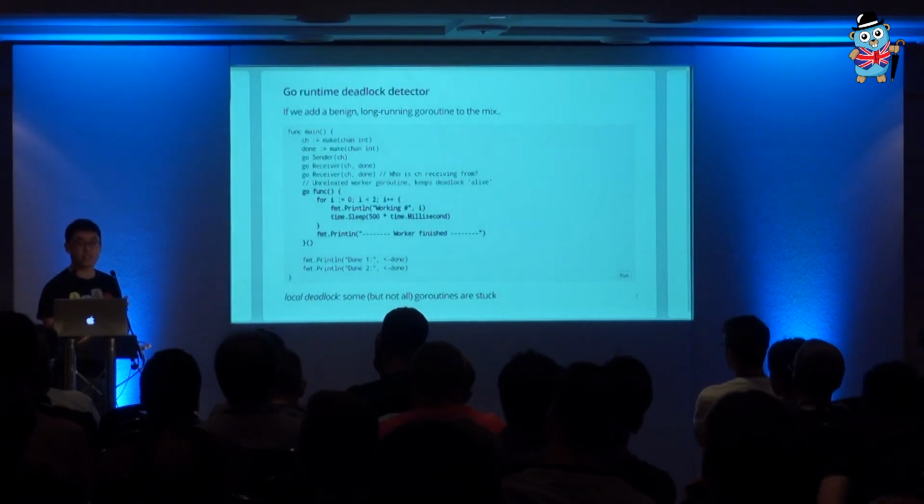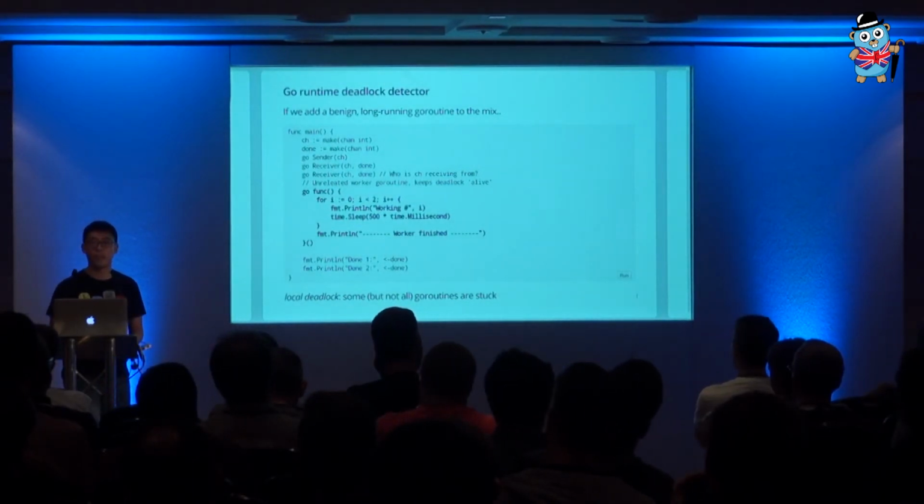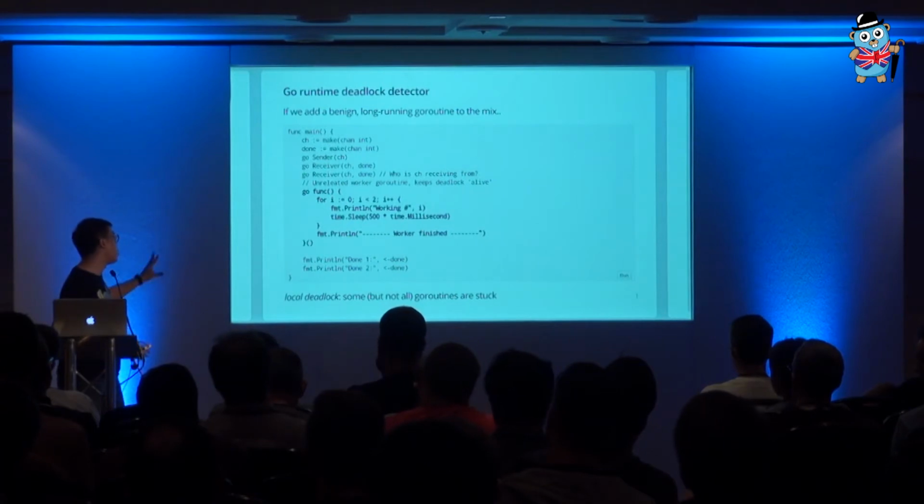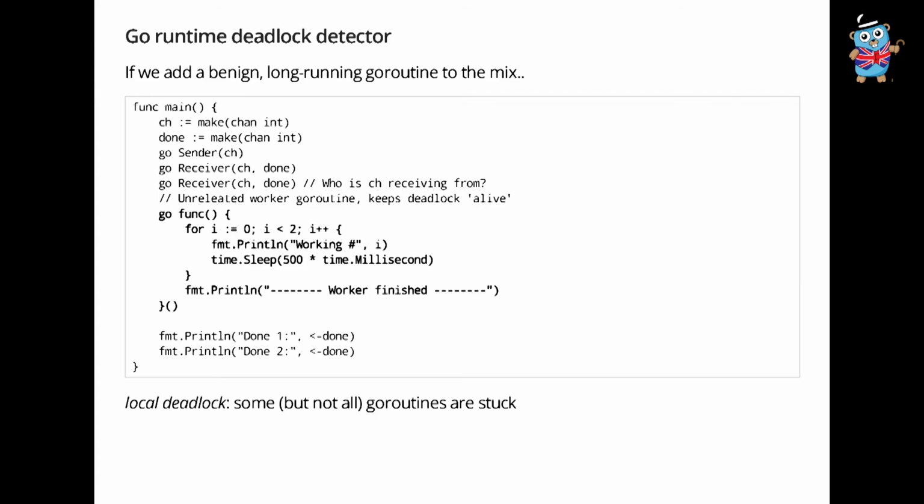So let's say I have the same program as before. We didn't fix the bug, and we try to extend the program. We try to put one extra goroutine in the program and say, well, it's concurrency, so I just spawn a new goroutine to do some long-running tasks. This could be a server process. It could be just polling something or anything. And it has nothing to do with communication at all. It's just a completely benign goroutine. So if we run this program,